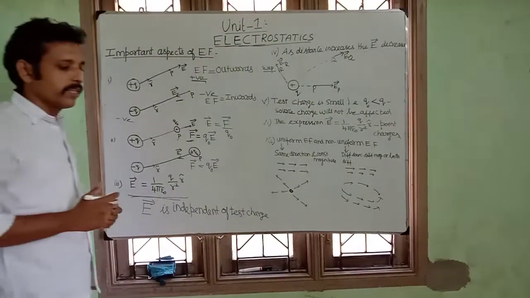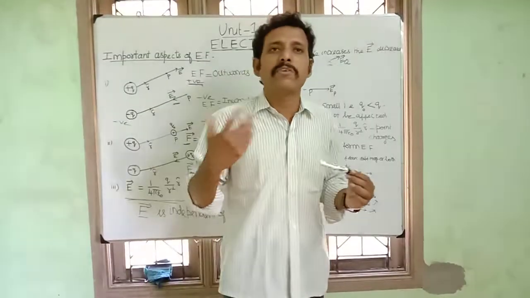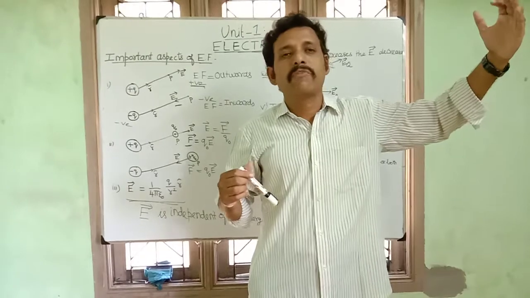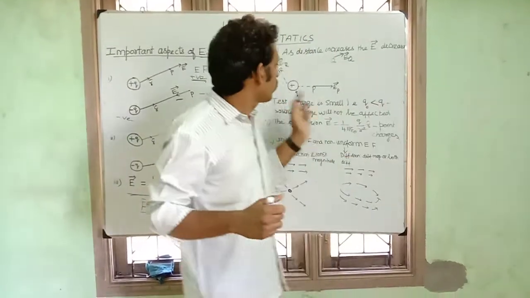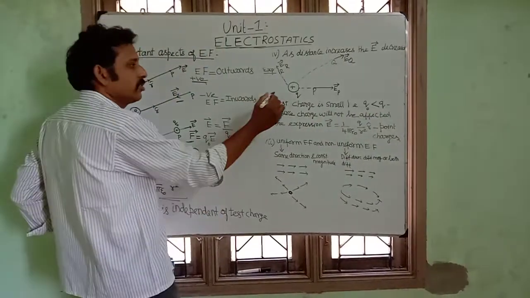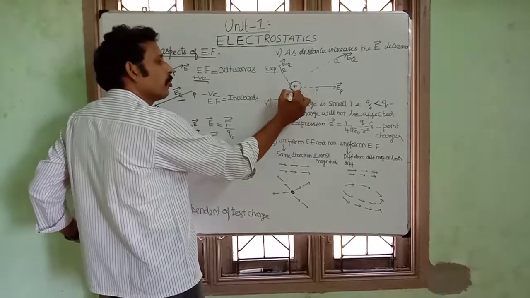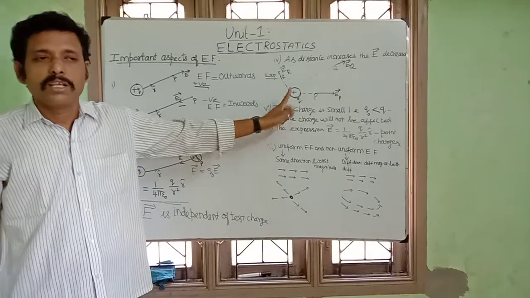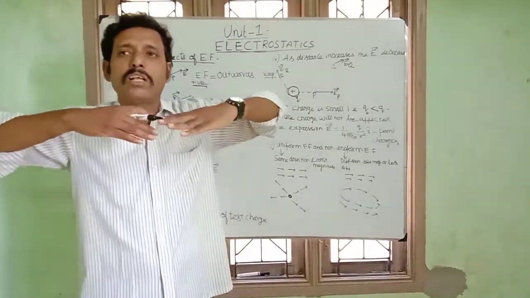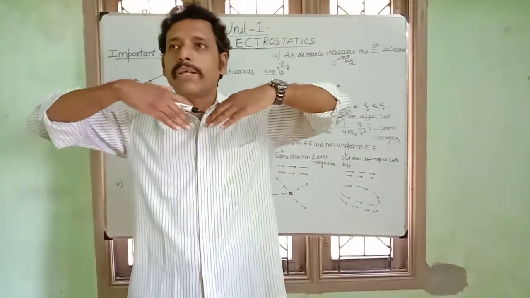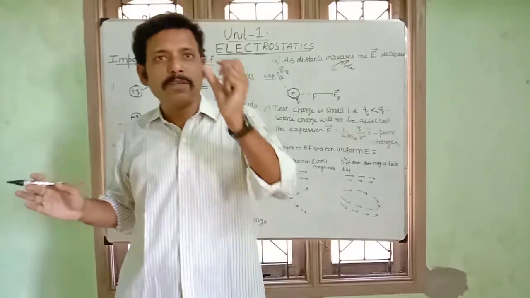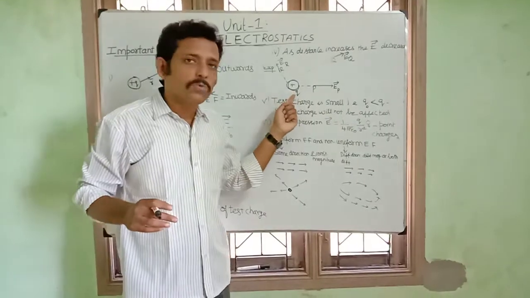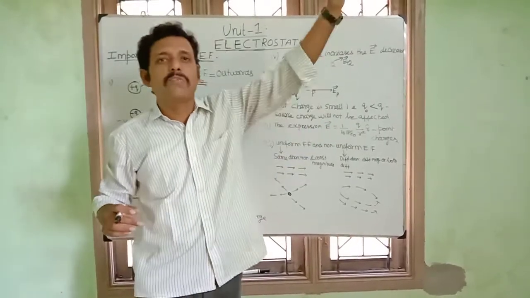Next one, as I already told you what we have discussed: if you take the charge far away, the electric field decreases. Is it? Yes. Similarly, take the source charge, a positive charge, plus Q. This charge will give an electric field around its space. In the space, you consider some point nearer to the charge Q, some point far away, some point still far away, like that.